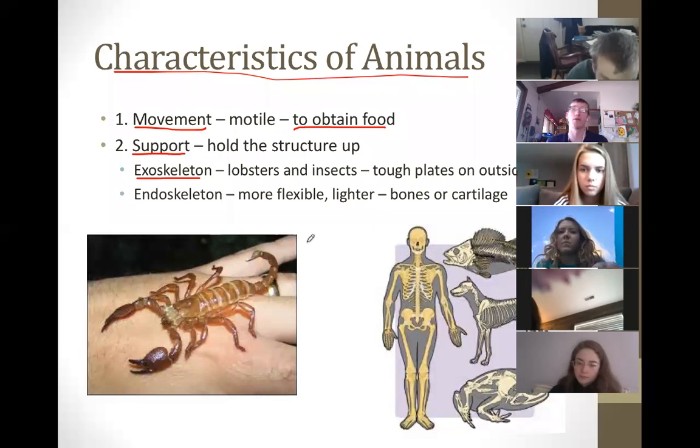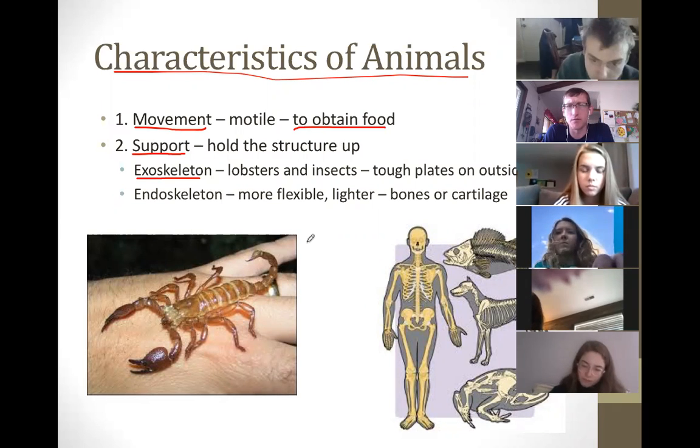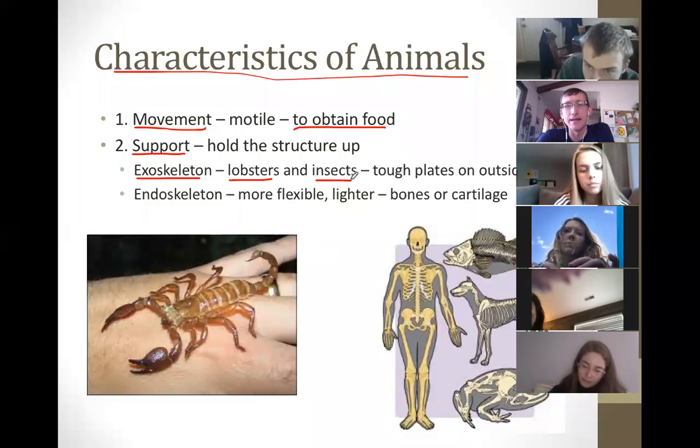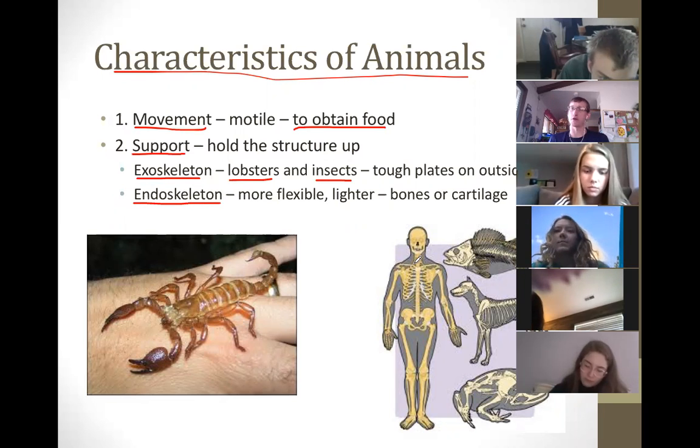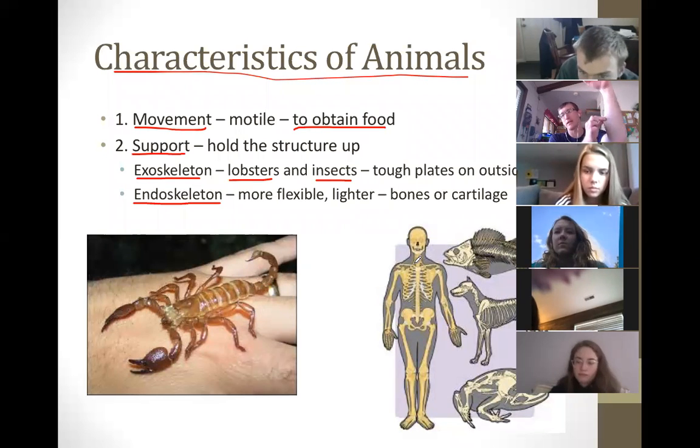A long time ago, we learned about a carbohydrate called chitin, and made cockroaches make a nasty crunching sound when you step on them. An exoskeleton is what that chitin was making. So an exoskeleton is found in lobsters and insects. Basically the hard structures that support this scorpion's body are on the outside of his body. And they do a very good job, as opposed to our endoskeleton. You and I have an endoskeleton, meaning the supporting structures, our bones, are inside of our body, and the muscles and skin and squishy stuff is on the outside of the bones.